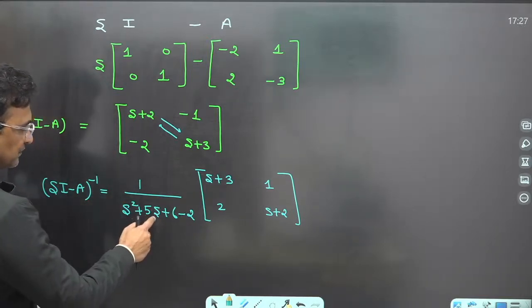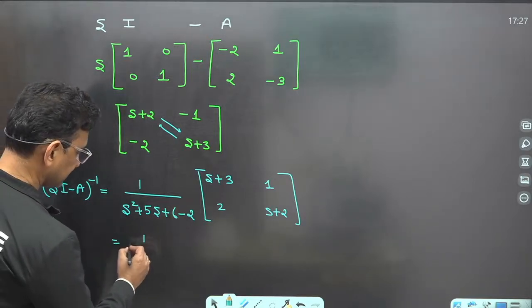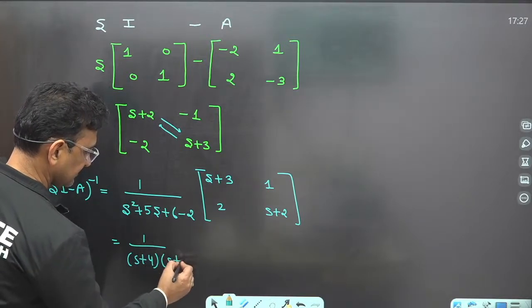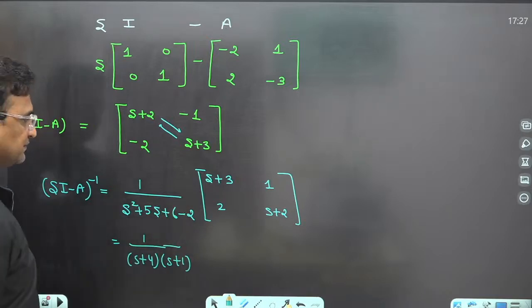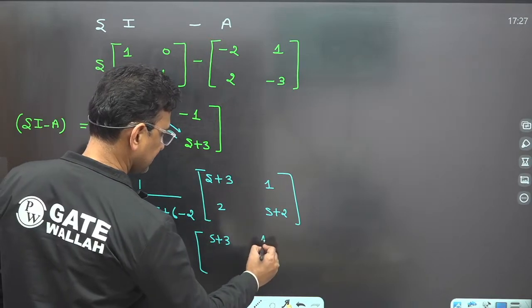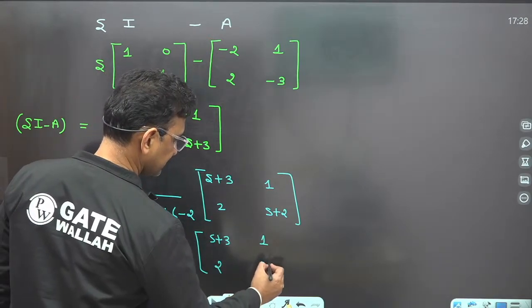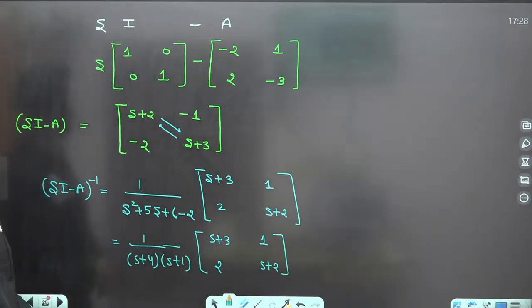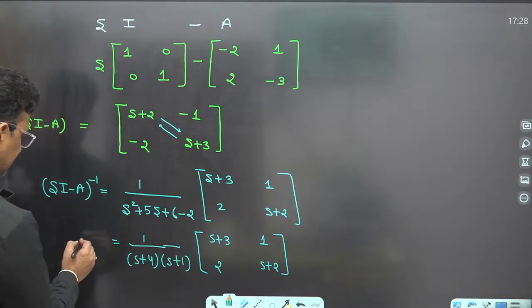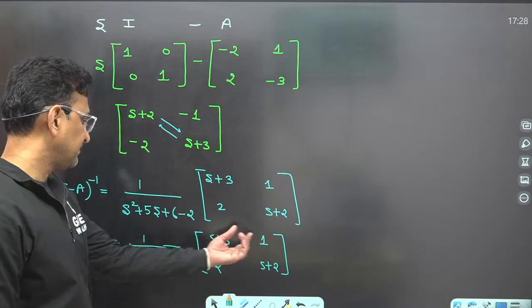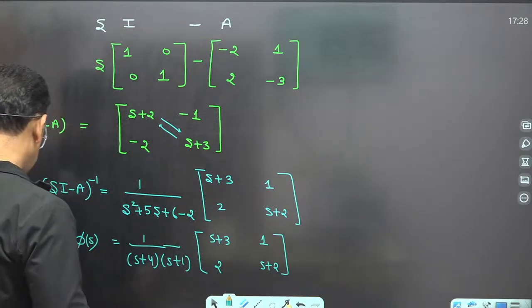So s square plus 5s plus 4, that means it is s plus 4, s plus 1. The matrix is s plus 3, 1, 2, s plus 2. Clear? This is the sI minus A inverse. That means it is phi(s), the Laplace transform of the state transition matrix. If I multiply this term with each element in the matrix, then it will become